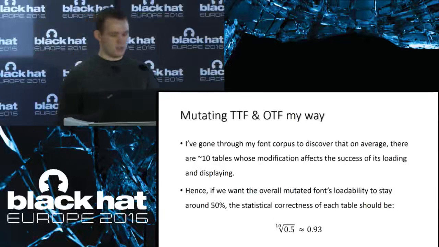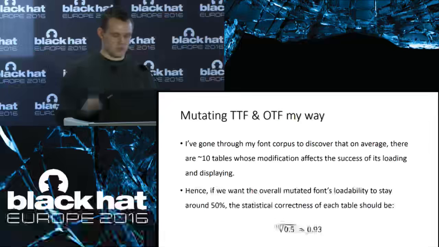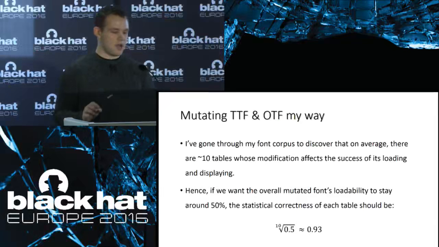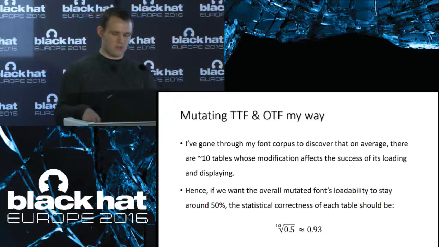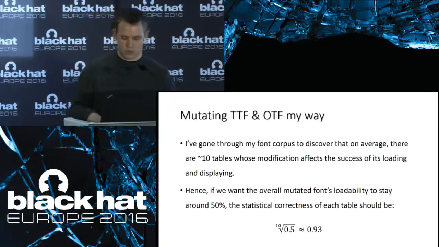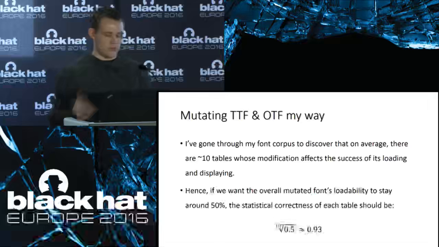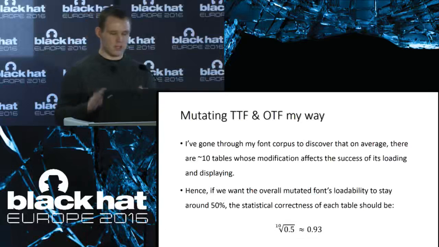But I decided to go a different way, and instead of fuzzing or mutating the whole font file, I would be fuzzing each of those tables individually, such that I would get the success to failure ratio at around 50%. So 50% of the time Windows would actually be able to process the mutated file correctly, and 50% of the time it would fail,